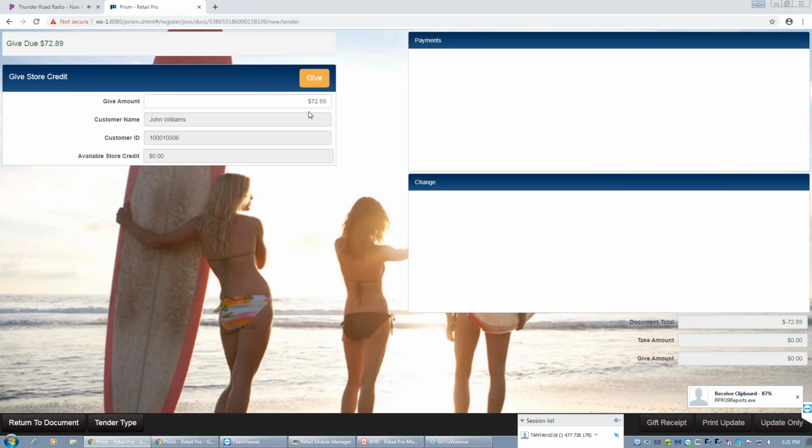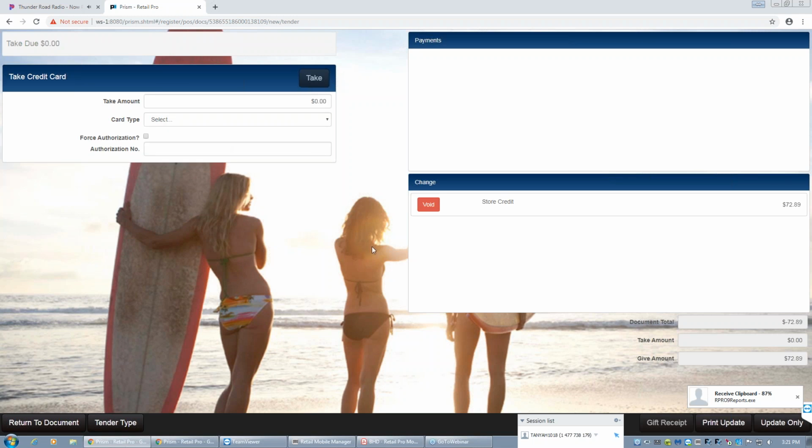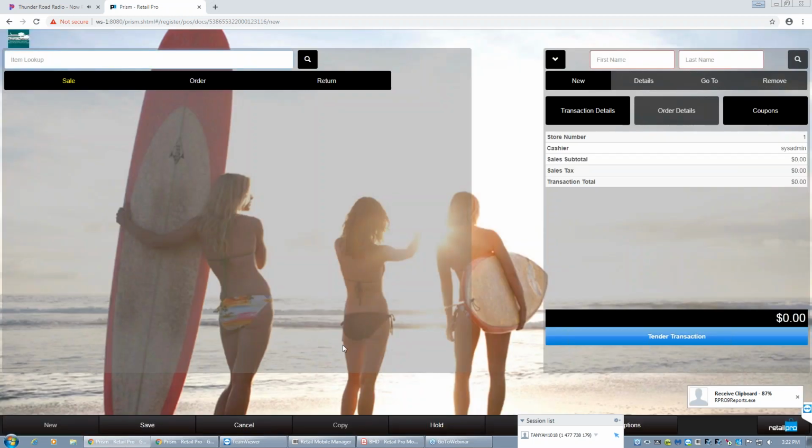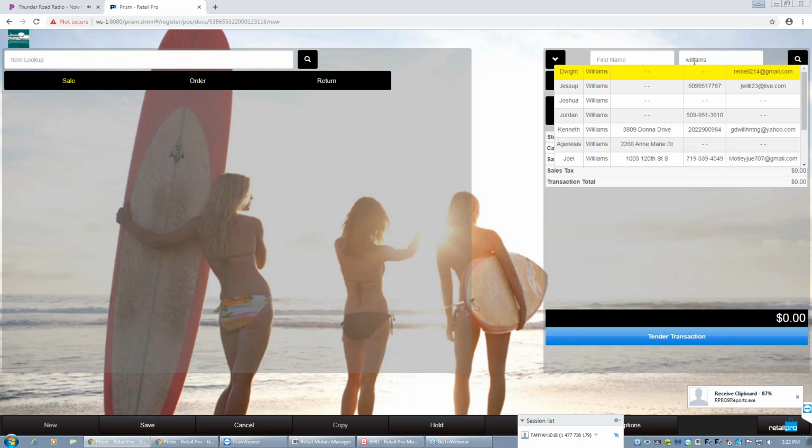This is the amount I'm going to give him. I have the right customer on there. I'm going to go ahead and give him that store credit. Okay, and again, it shows up in the change portion of the tender window. Now that that is in there, I can update only. Okay, now I'm going to go ahead and put him back on the receipt